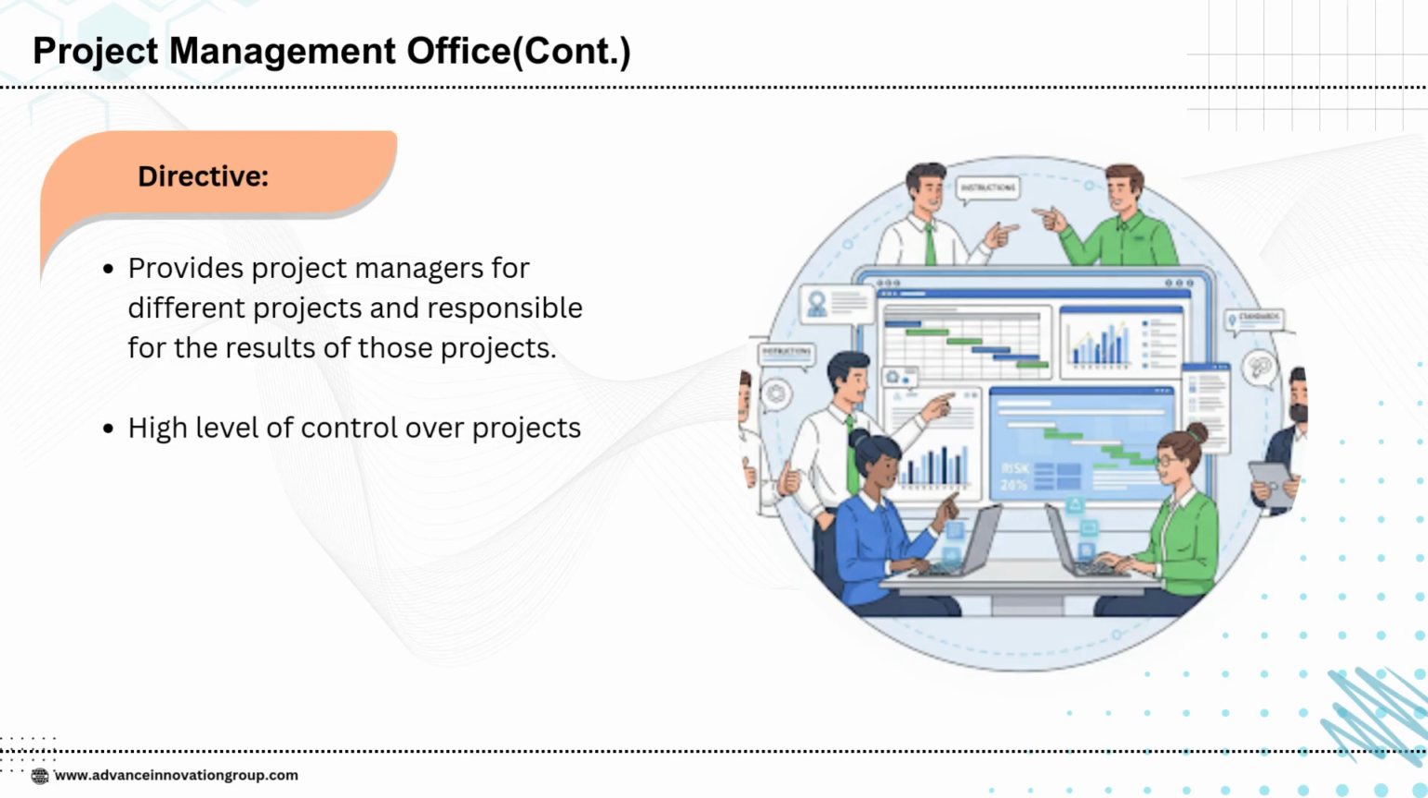A directive project management office takes full responsibility for managing projects by assigning project managers and being directly accountable for the results. In this role, the PMO has a high level of control, making key decisions, driving execution, and ensuring that projects are fully aligned with organizational objectives. It is the most authoritative type of PMO, where oversight, accountability, and leadership are centralized to achieve consistent outcomes and